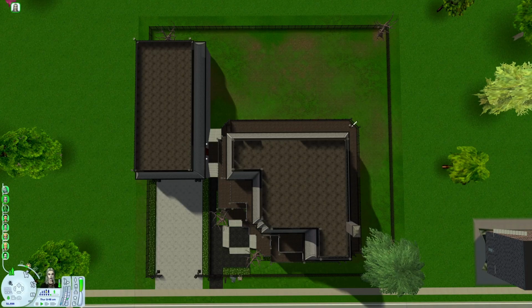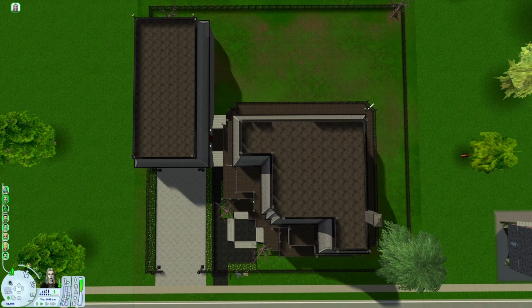Now, like I've mentioned, this house is massive and the lot is even larger. It is a 5x4 lot, 50x40 tiles. And you may have noticed some spaces while I was doing the tab tour of where I could have added more decorations or light fixtures, but I really wanted to try to streamline this lot as much as possible, because